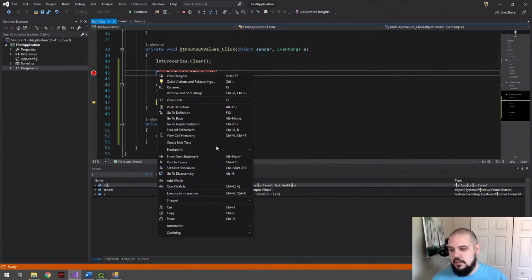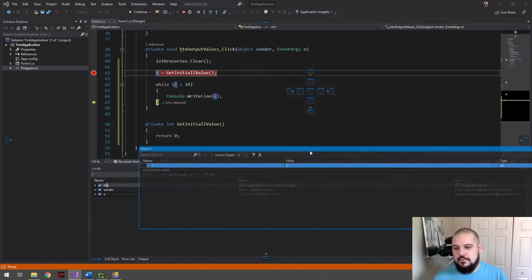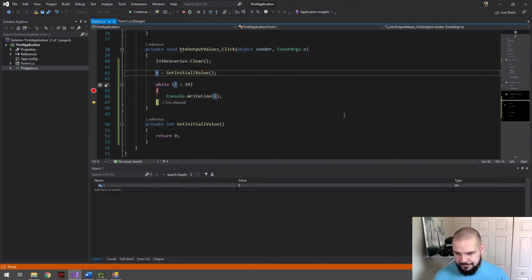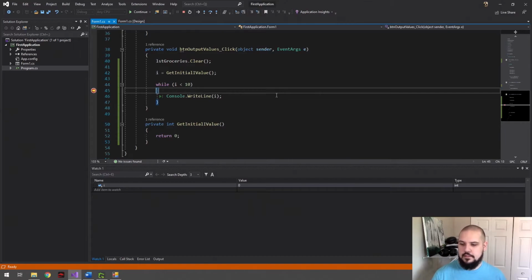You can also right click and add a watch. So if you're waiting for a value to hit a certain number, say you're iterating through a list of items and there's an exception being thrown on item number 12, you can put a breakpoint in and jump through your lines. Or if you do a breakpoint in your while loop and you don't want to step through everything, you only want to take the time to really analyze your loop when I is equal to 12, or in this case, say 5. Throw your watch pane here, and then you can just mash F5 until